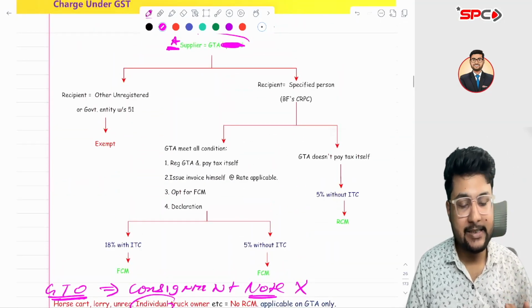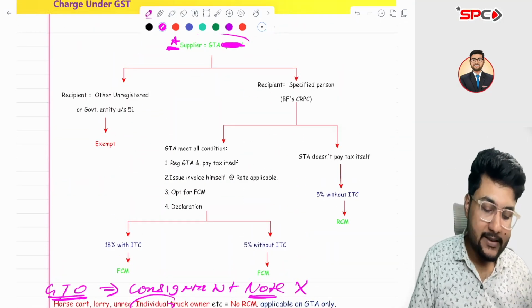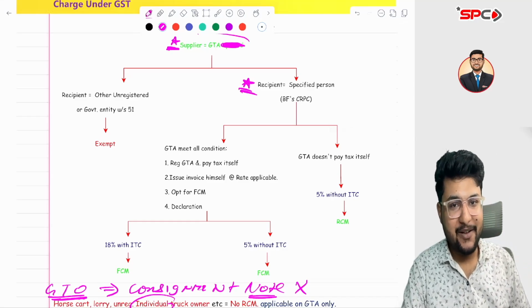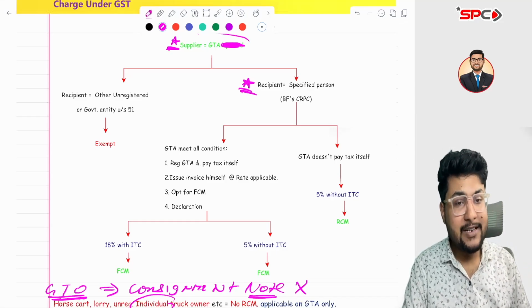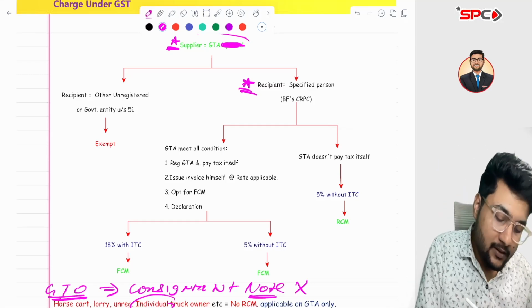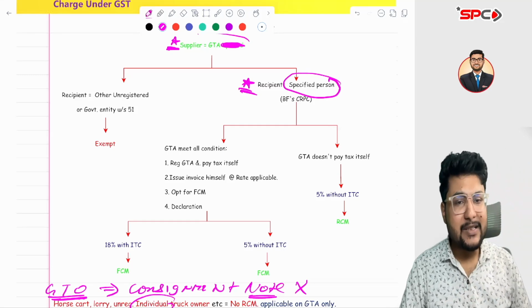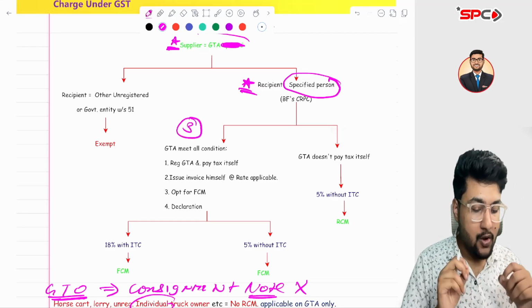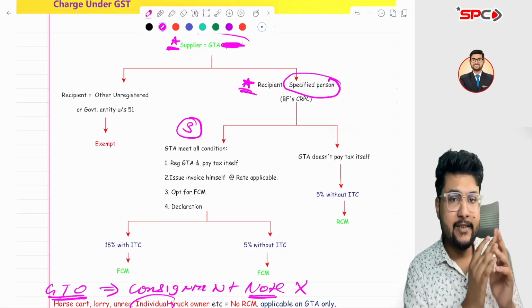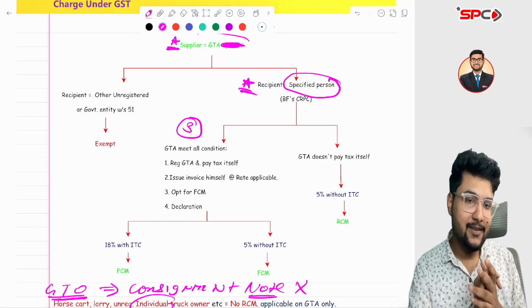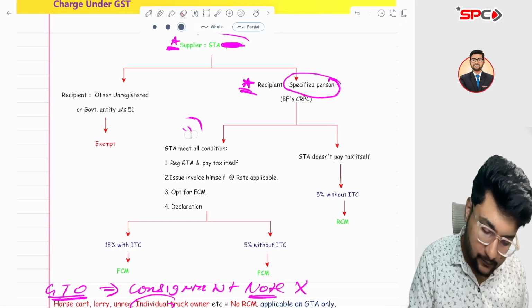First condition is supplier is GTA. Second condition, the recipient should be a specified recipient. Okay, sir, what do you mean by specified recipient? We will get back on this. What is a specified person? But we will check the third condition first. So first, supplier is GTA. Second, recipient should be a specified person. And third,